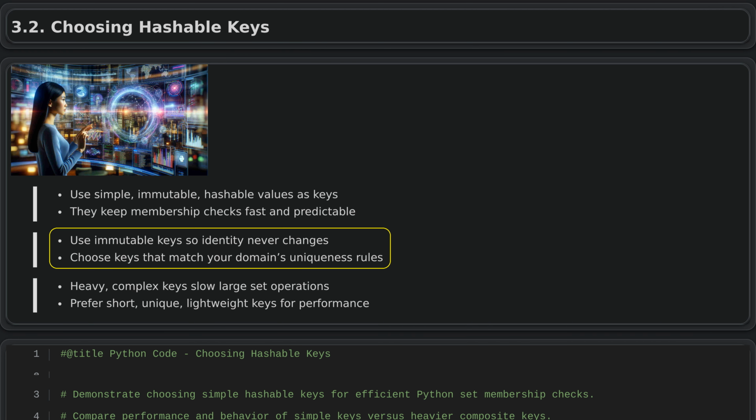When choosing keys for a set, make sure they are both stable and meaningful for your task. Stable keys do not change their value while they are in the set, so their hash and equality stay consistent. Keys should also match what you consider to be the true identity of an item, such as using a unique email address to represent a customer. By carefully defining what equality means in your domain, you avoid subtle bugs and make set operations more reliable and